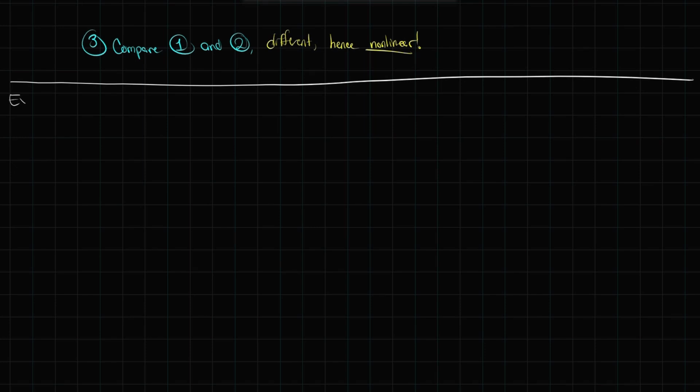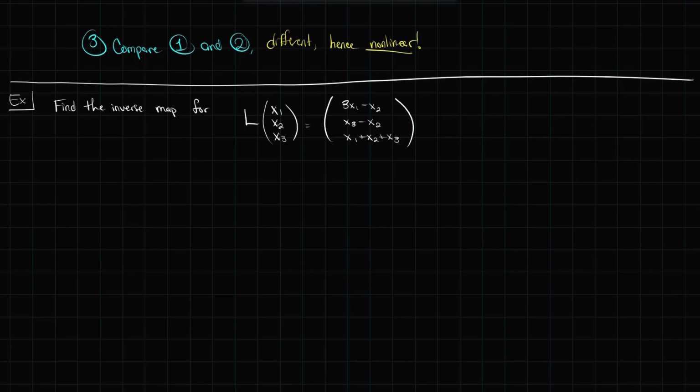Let's look at some examples of inverses, and maybe even only one example. Let's find the inverse map for L of x1, x2, x3 equals 3x1 minus x2, x3 minus x2, and x1 plus x2 plus x3. So we're going to find the inverse linear map here. And let's recall how we do this. We just write L of y equals x and solve for y,